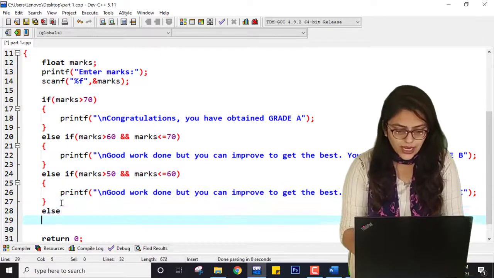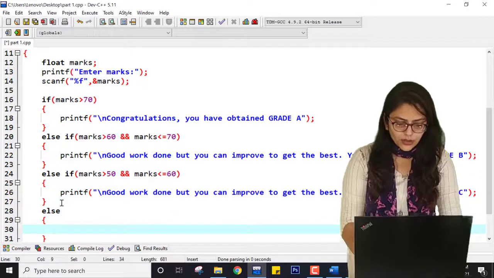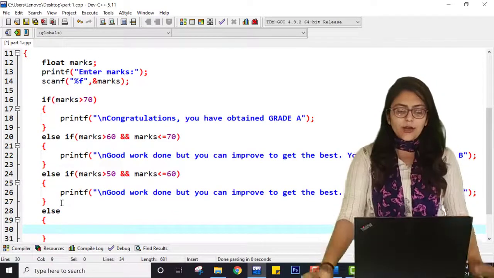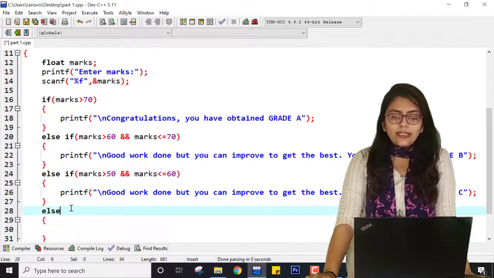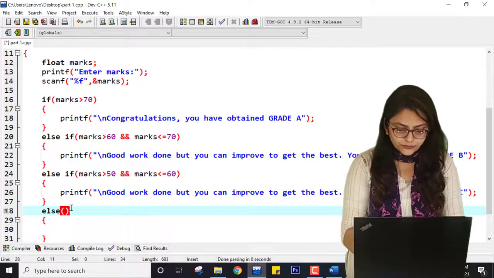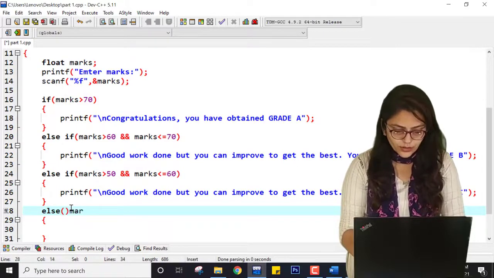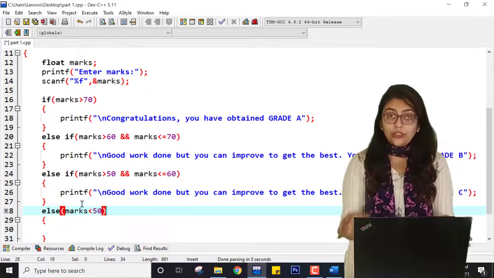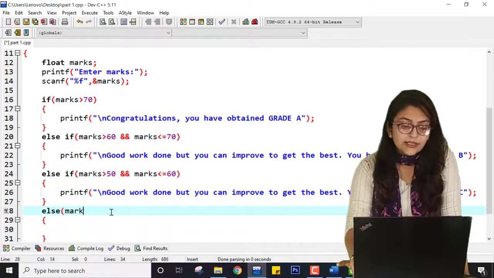Here at last, what is the case if marks is less than 50? So for else, I don't need to write marks less than 50 over here. I don't need to write it, this is wrong syntax.